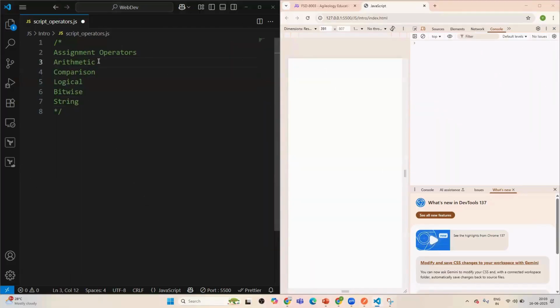We'll start with the arithmetic operators. So in arithmetic operators, what will be there? The general addition, subtraction, whatever you know, all of these are arithmetic operators. Apart from the addition, subtraction, division, and multiplication,